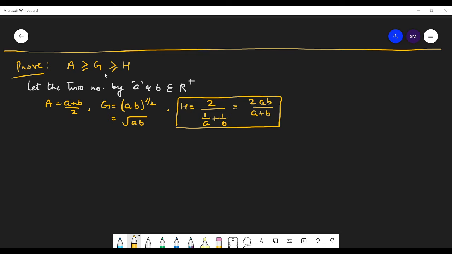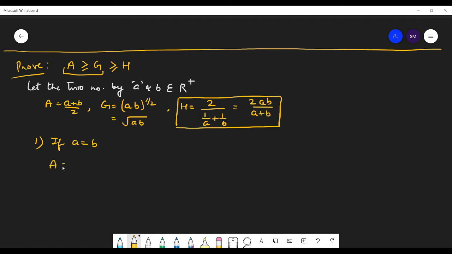Now students, you have to prove this. You can start with the first part of this. What about equality? When will they be equal? When A and B are equal. So put A equals to B, or put B equals to A, or A equals to B, both are equal.